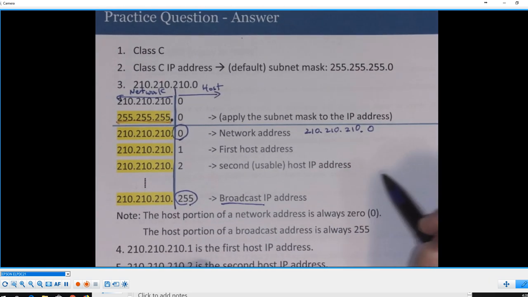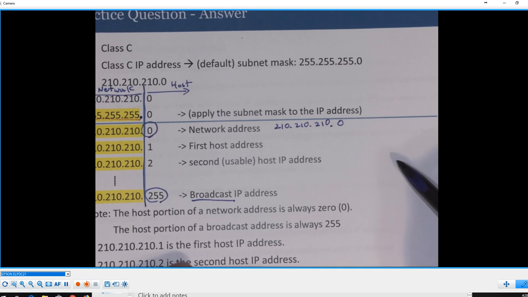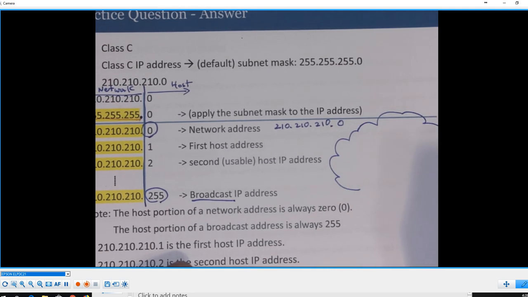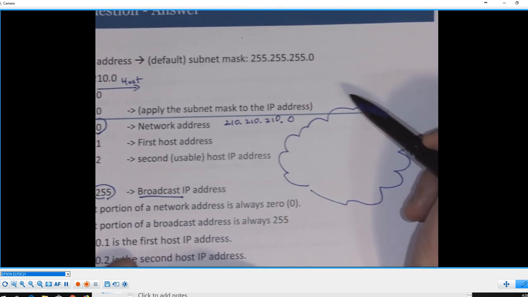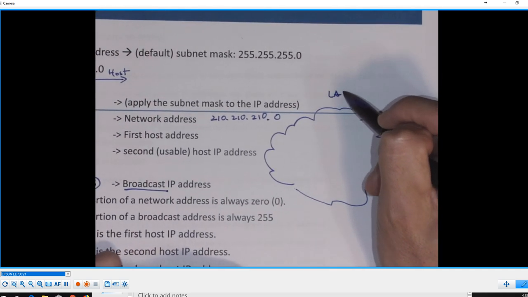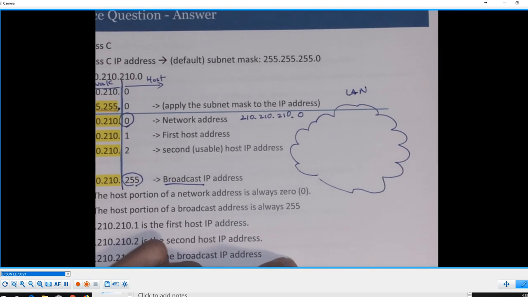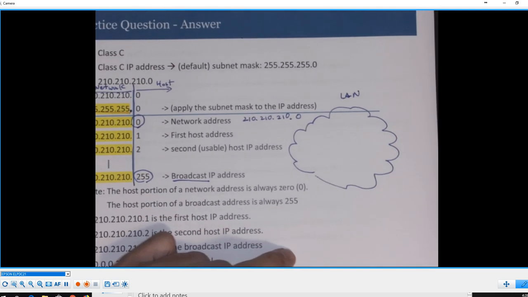So if I just draw the diagram, for example, if this is a local area network, this is the LAN, right? Let's say this is the LAN,